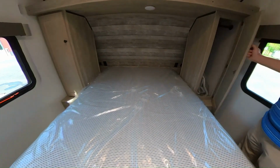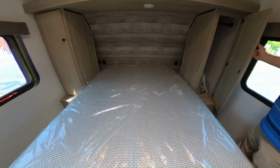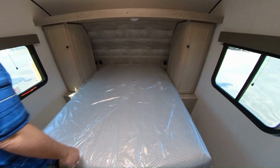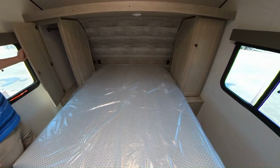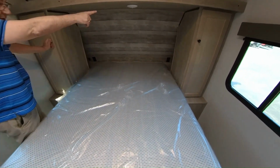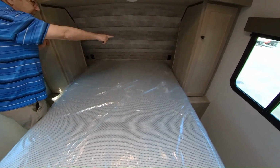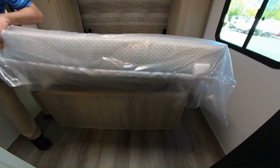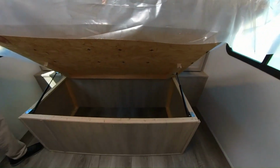Then here you have some hanging space, and on this side, we also have some hanging space right here. And you'll notice the nice shiplap on the back. You do have the light right there as well. And you do have little storage spots on either side of the bed with some plug-ins on either side as well for you. Now underneath your bed, you do have this lift-up compartment here,